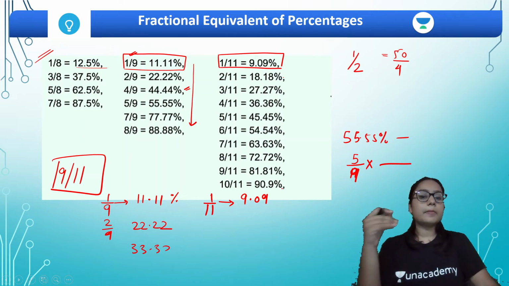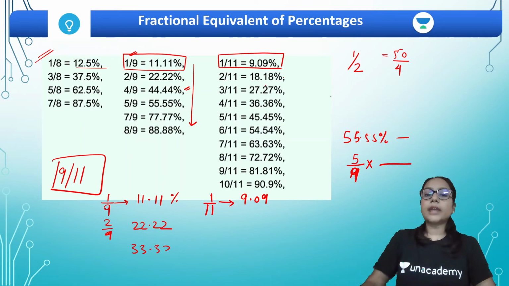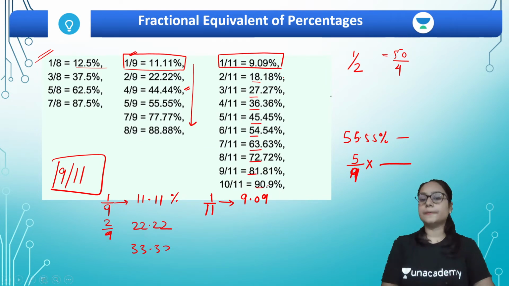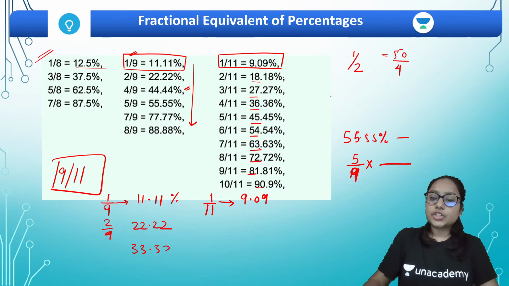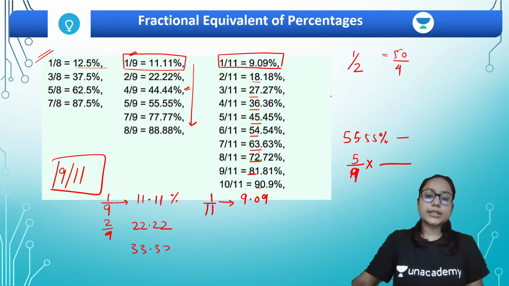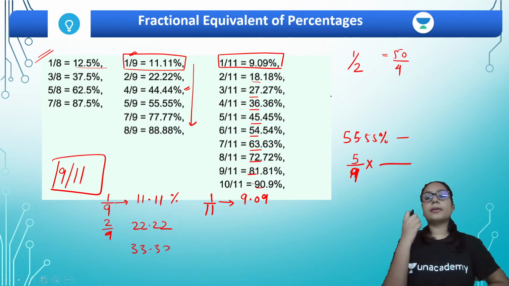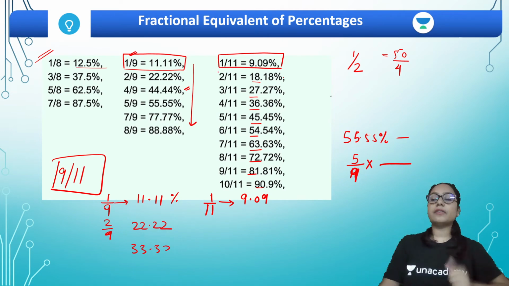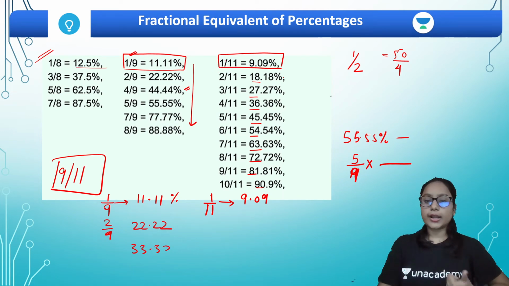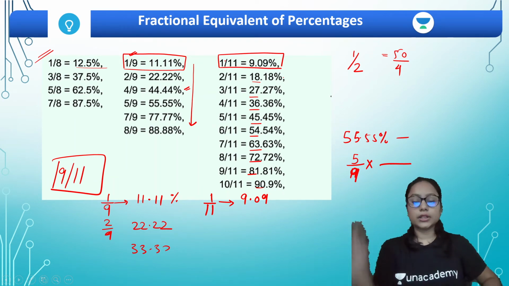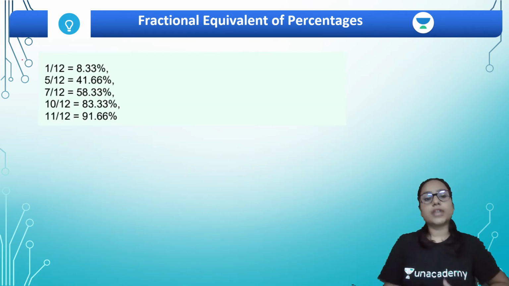All the values that come are the table of 3. 2 into 9 is 18, then 27, 36, 45, 54, 63, 72, 81, finally 90. Now the integer part is the same as the decimal part. This way you can learn the percentage equivalents of all the fractions which have 11 as their denominator. I hope this point is clear, everyone. This is the way to learn this. Let's move on.